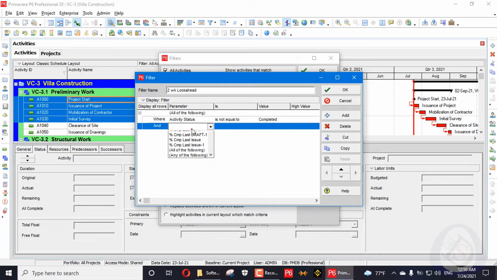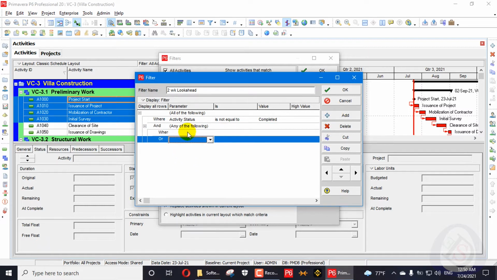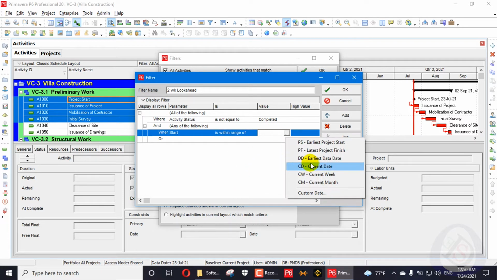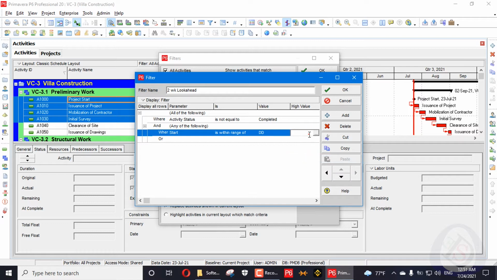Then we add here any of the following: start, finish. Start date is within the range of data date and data date plus 14 days.